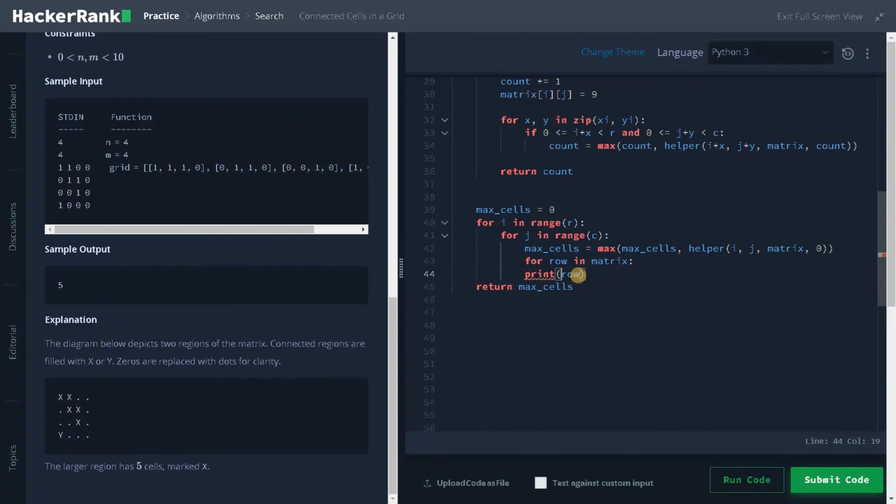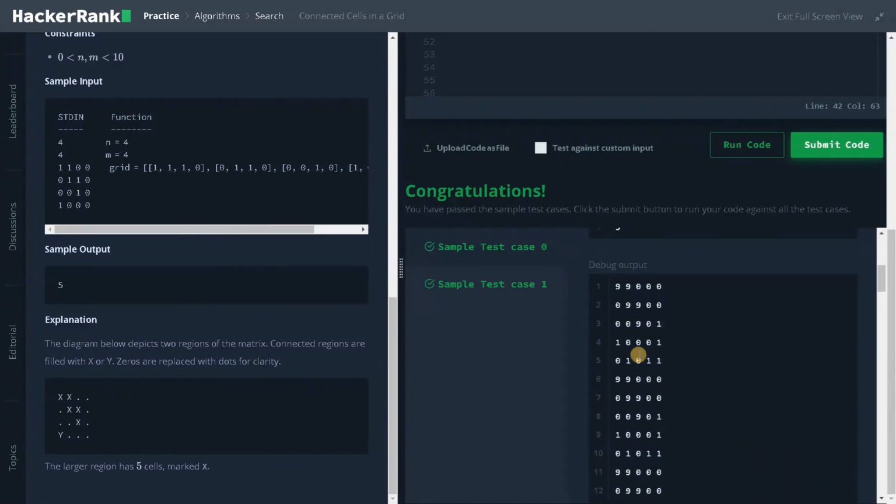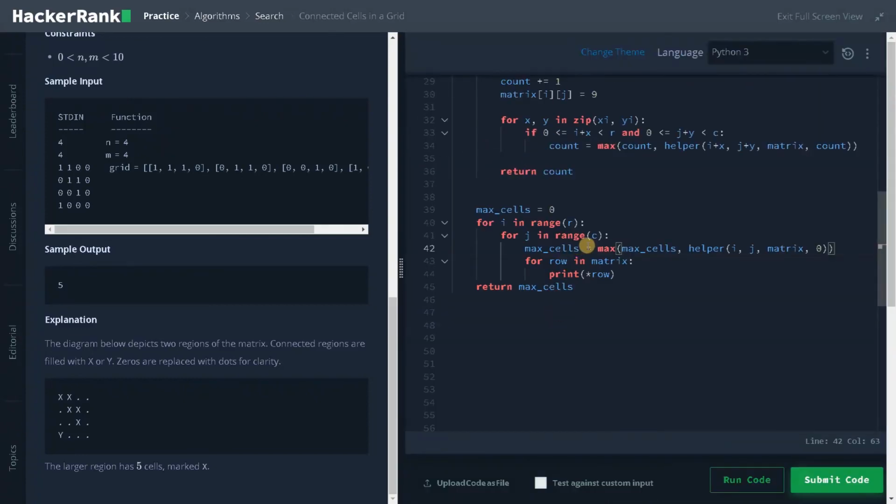So after completing one call to this function, we can see how this prints. So here, this is the matrix, the first 4 lines. You can see, right, all the cells are 9. So here this count will be stored in this max cells, and after that we will return the max cells.